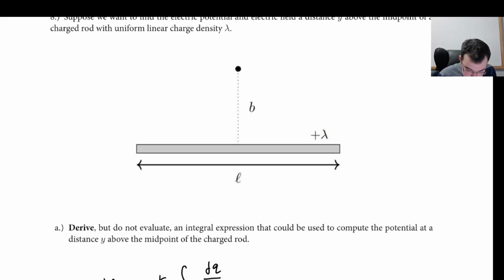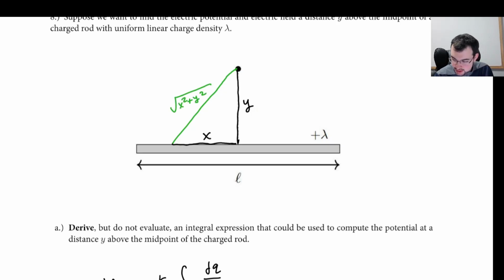So that r is just going to represent this distance right here. And let's just call this distance x on the horizontal. So we actually want this distance y, is what we said in the problem, even though I called it b up here. So let's call this x. Again, when we're making the segments, you can make up an integration variable. So x represents how far away this piece of the rod is. And that means my